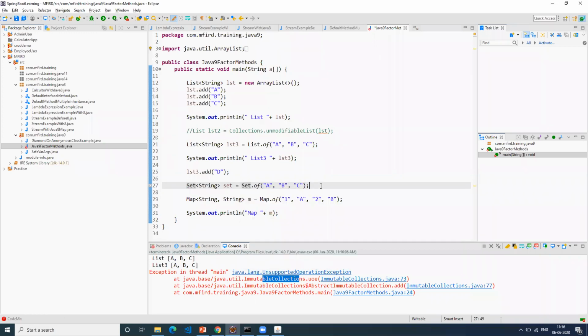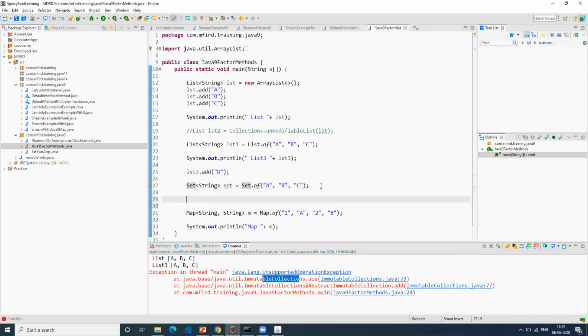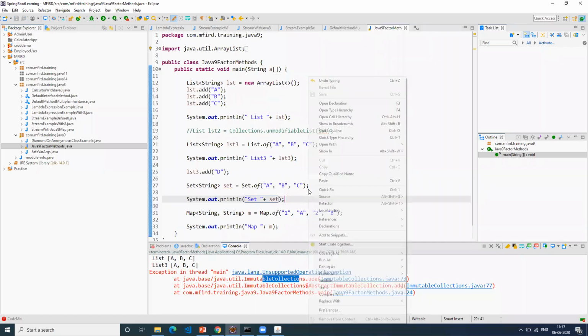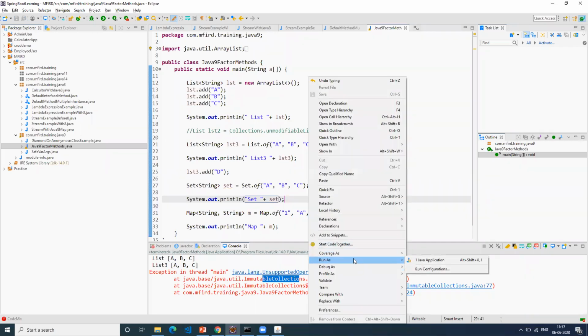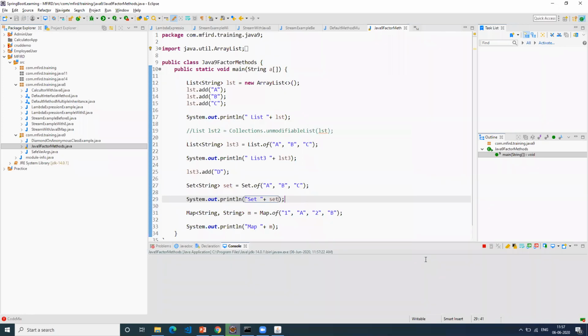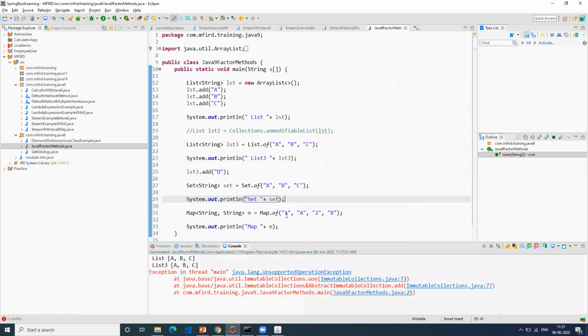Okay, now print this out. Set. Why is it throwing an error? Because of this.